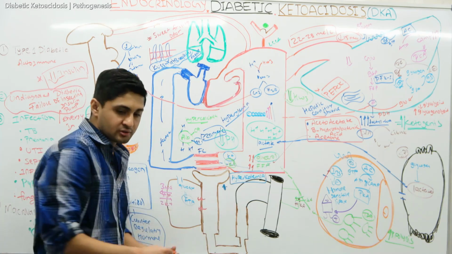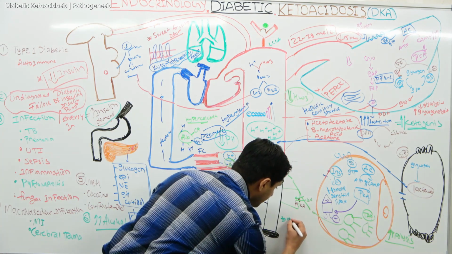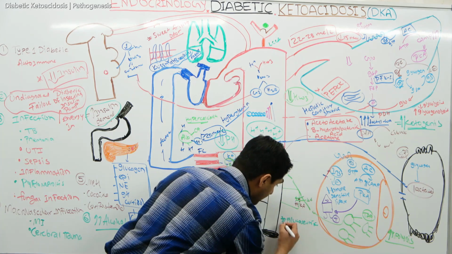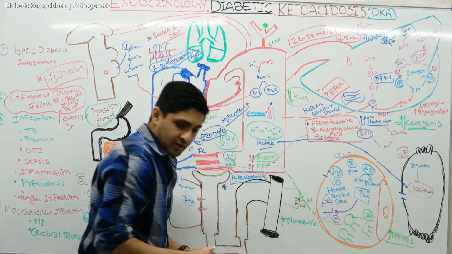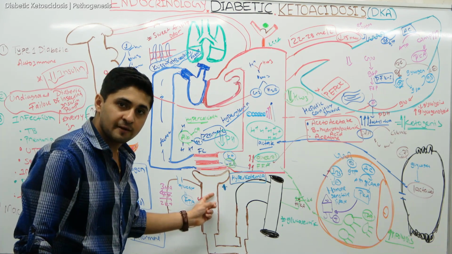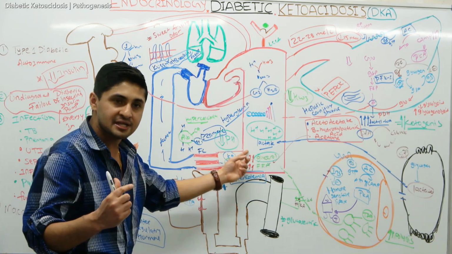So what is going to happen? The glucose is going to go to the urine. So what do you get? You get glucosuria. That's what is going to happen in urine. Not only that, look, with the glucose, because there's a lot of glucose, what is going to happen is that,